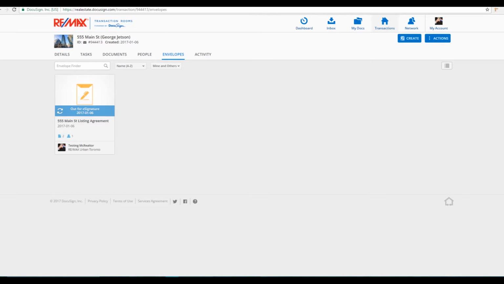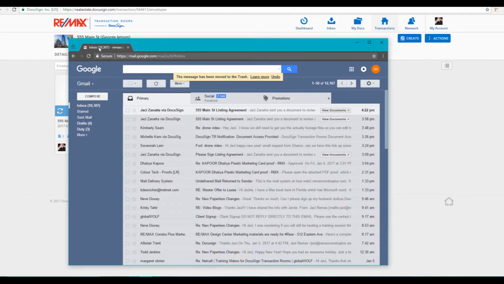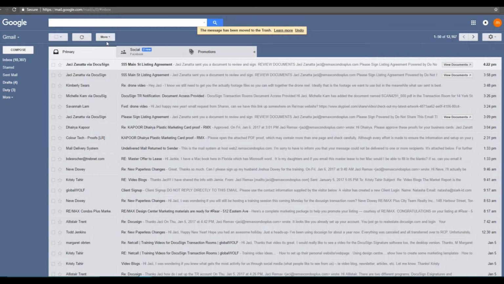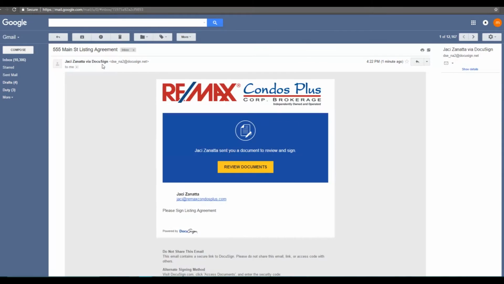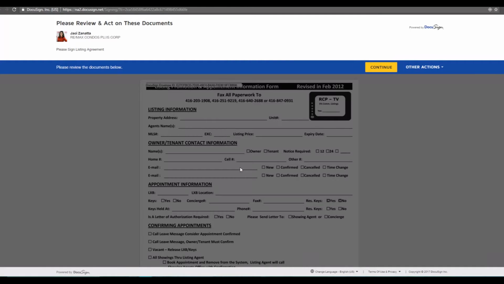So once everything's been sent, we're just going to have to check our own email to sign our part of it. So I'm just going to go to my email here, and we can see that we received an email from my name via DocuSign. So I'm going to click on that, and your client's going to receive something similar, and we're just going to press review documents,